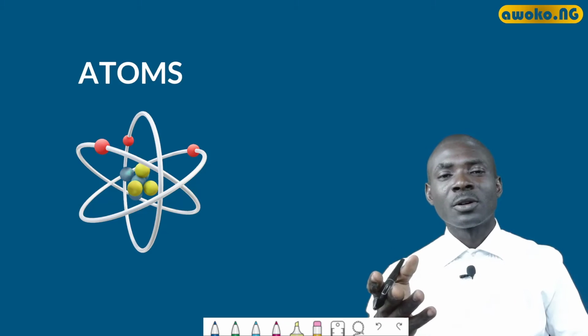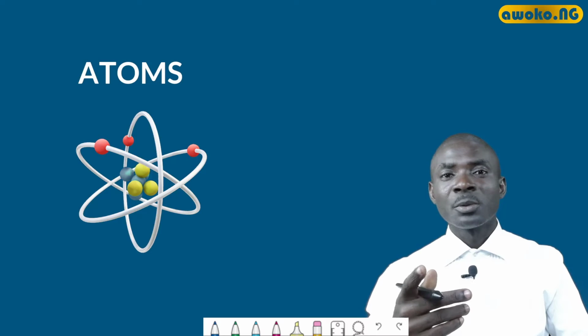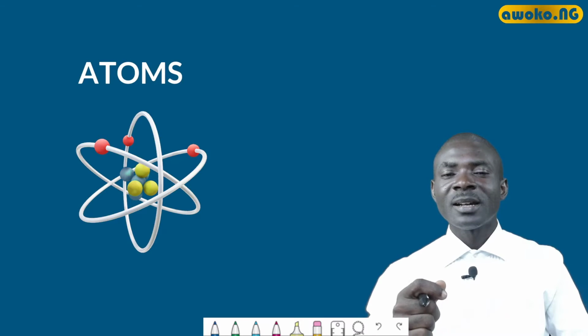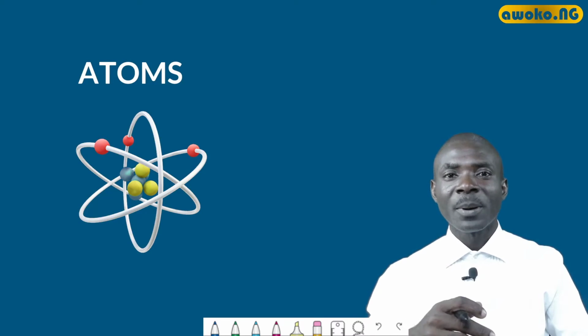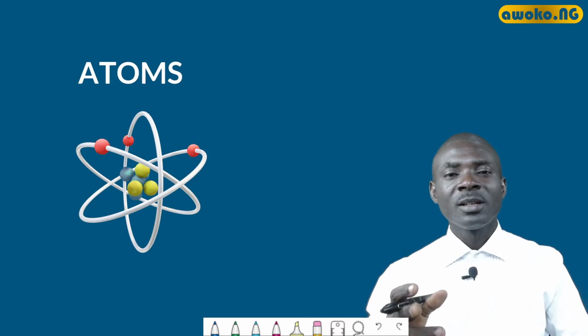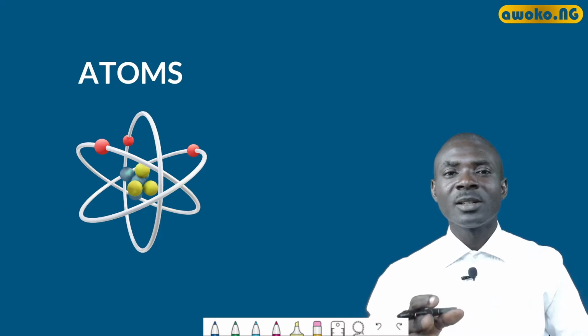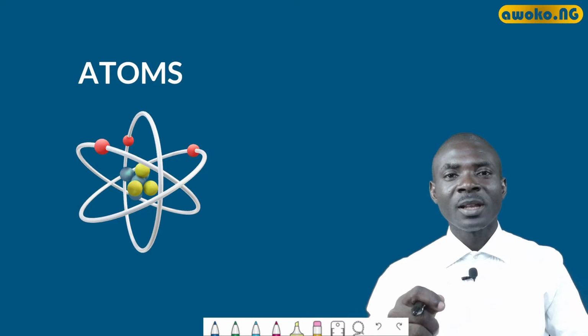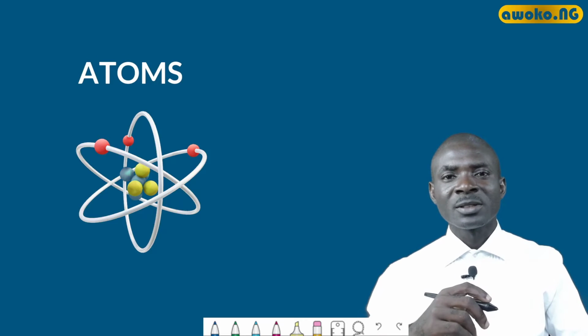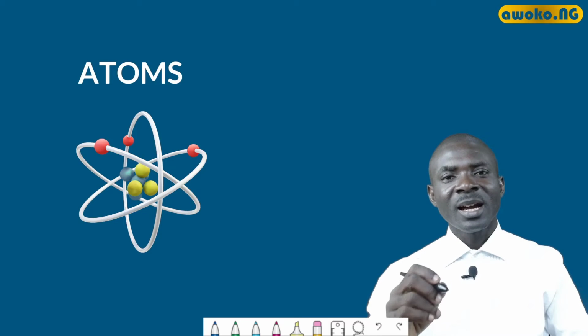Good to have you in today's discussion, where we're going to look at the atom. In our last class where we talked about matter, we said matter is anything that has mass and occupies space. It also consists of three different states called solid, liquid, and gaseous state. And these three states have the ability to be changed from one form to the other based on what? Change in temperature.